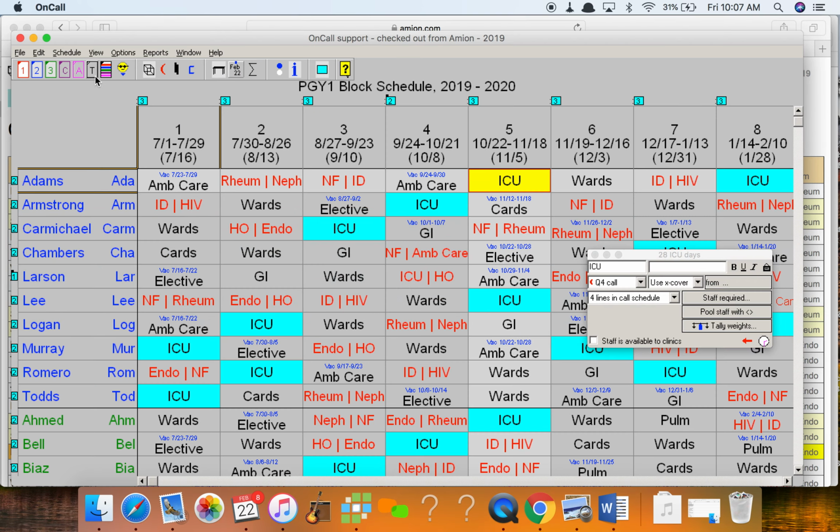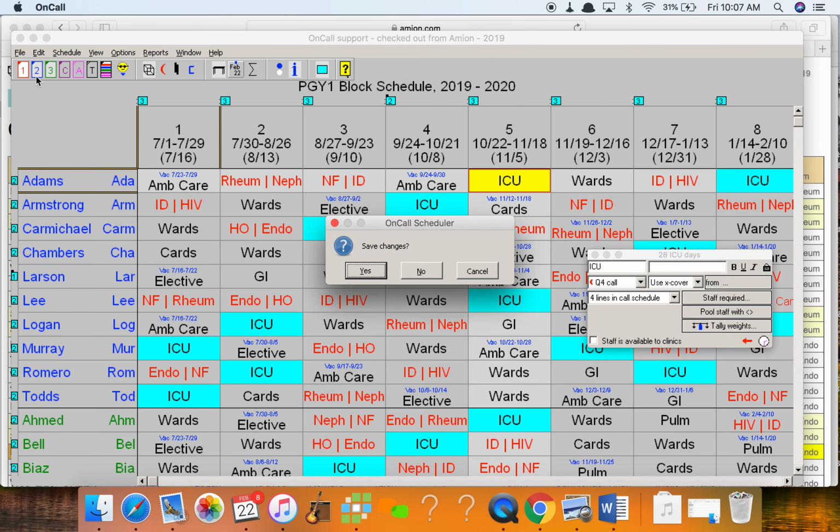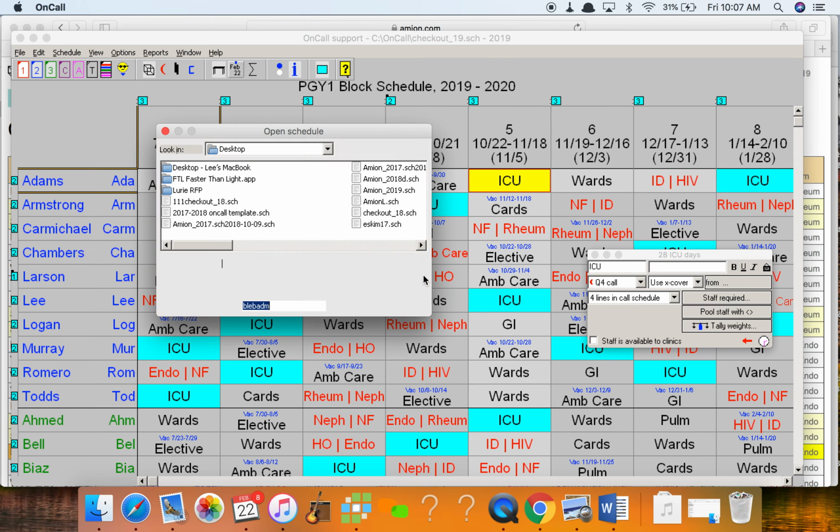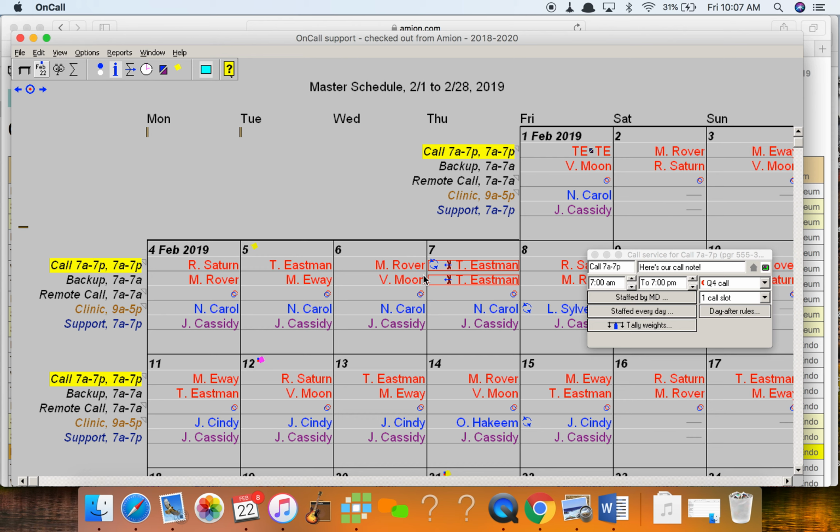So it's no longer going to include these block rotations. The attending platform is like a very simple, open-ended set of assignments. These things along the left, we call them services, but they can be clinics, they can be shifts, they can be call assignments. They're not block rotations. You don't really see what team a person is a part of, although you can certainly put them in a staff type, and you can put them on for assignments a week or a month at a time or anything like that.